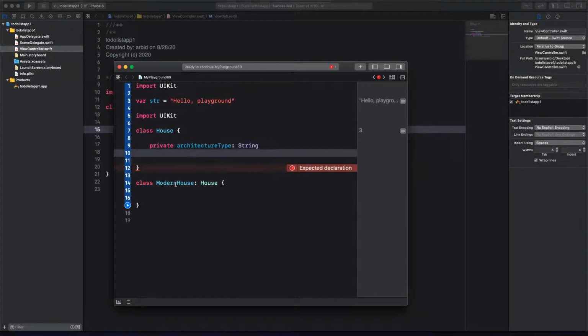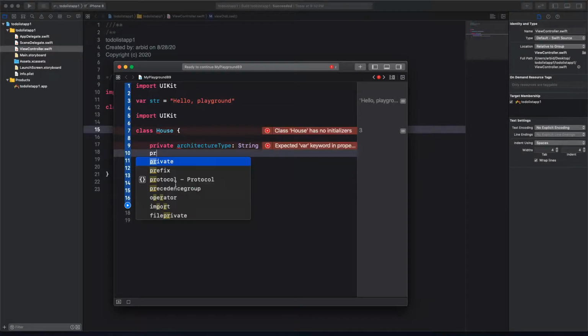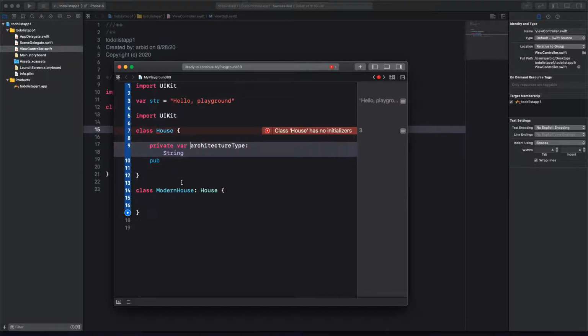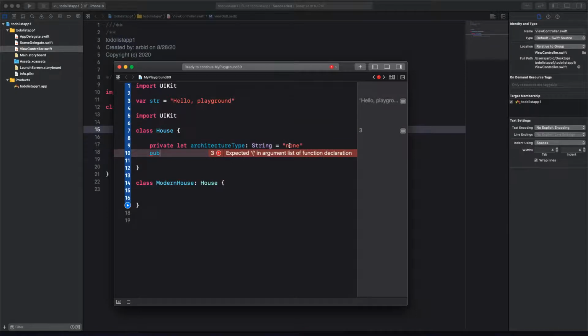I want it to be private, but I want something to be public. We have to denote everything with var or let, but I don't want anybody to change it, so I put let. And if I say public here,